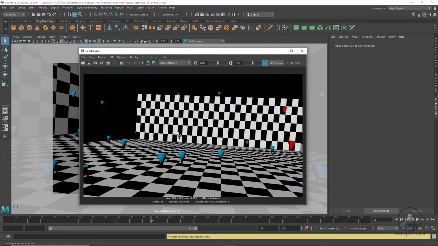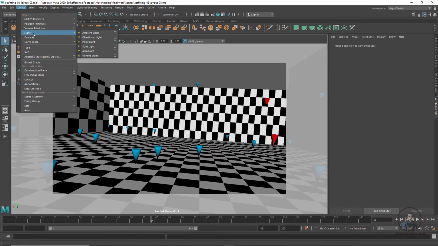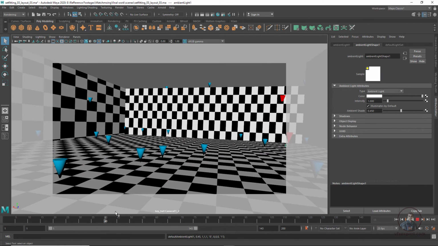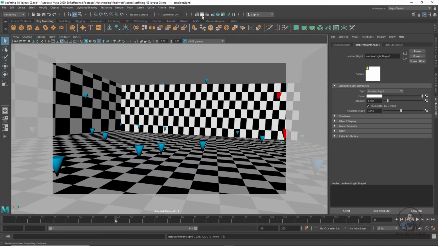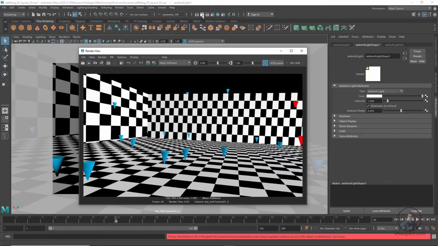Okay, as you will see here, I think this wall is not showing texture. Maybe this is looking black here. So what we have to do is create a light. Again close this one, click on create light and create an ambient light. Now again render this scene. Maybe a little bit from here, then render this one again. Now here you can see. Okay, easily you can see everything is coming.